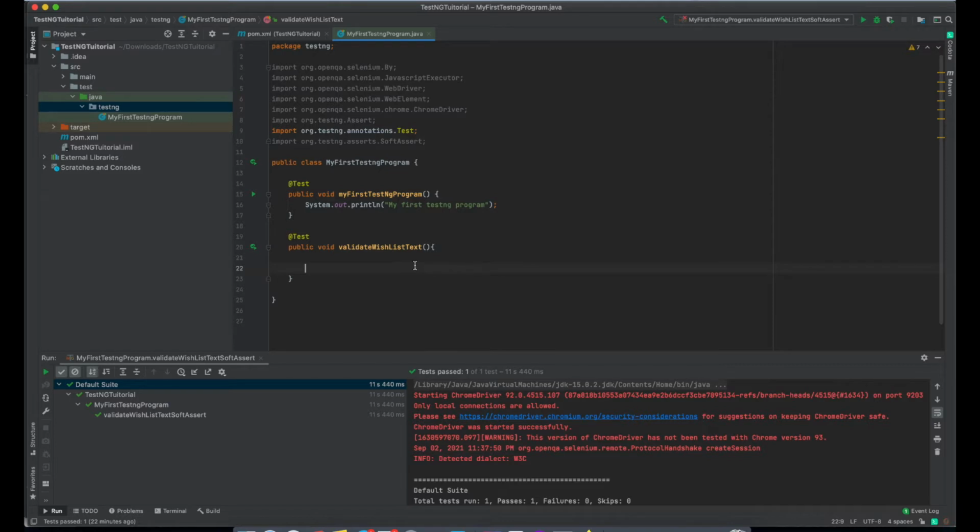Now in order to launch the Chrome browser from Selenium, we need to create the system property and set it for Chrome.